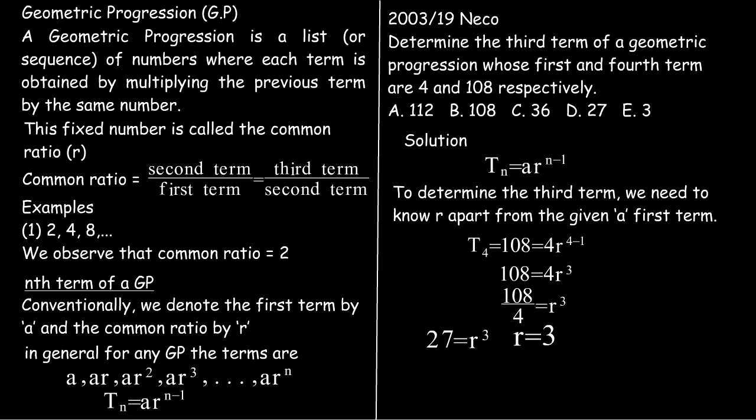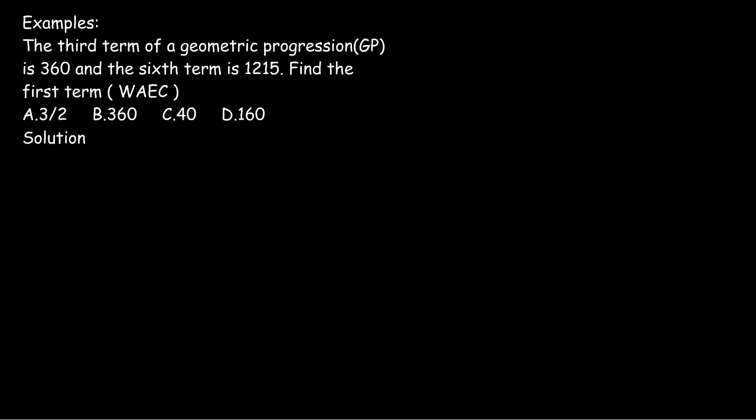Now to get our third term, T3 is equal to ar raised to the power of 2, because 3 minus 1 gives us 2. So T3 is equal to 4 in bracket 3 raised to the power of 2, which is equal to 36. We have another example that states that the third term of a geometric progression GP is 360